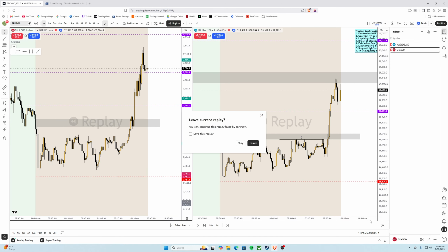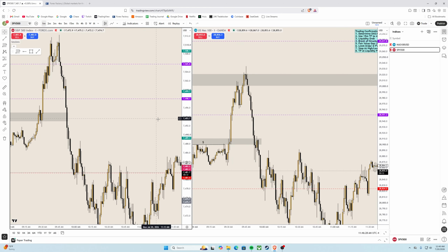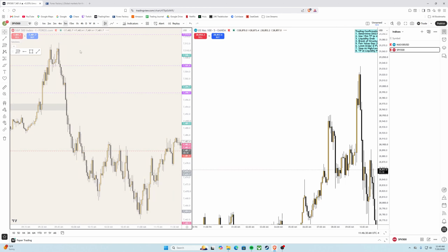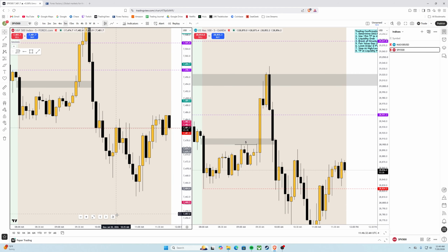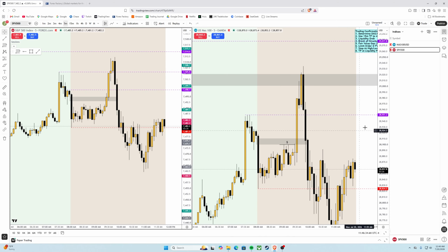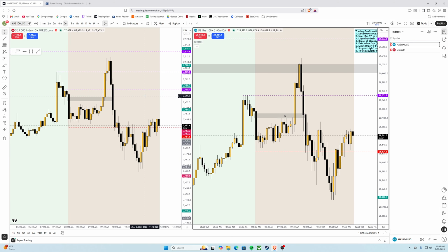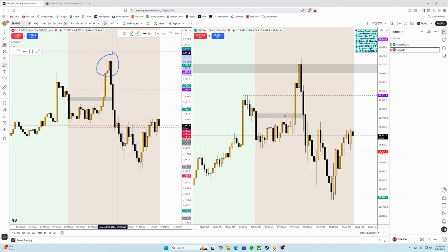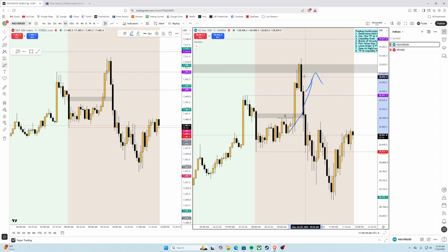Now, to just save you all time, I'm going to end the replay, right? We go to 5-minute time frame. You're going to see that price essentially went up, it cleared a lot of the liquidity, and then it began reversing. Same idea with the NAS, right? NAS after 9:30, it went up, cleared the liquidity here, tapped into fair value gap, and then it started reversing.